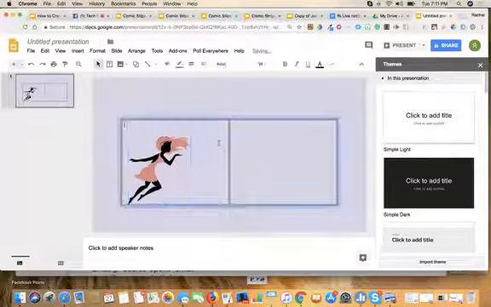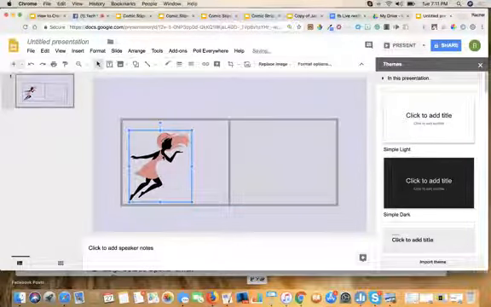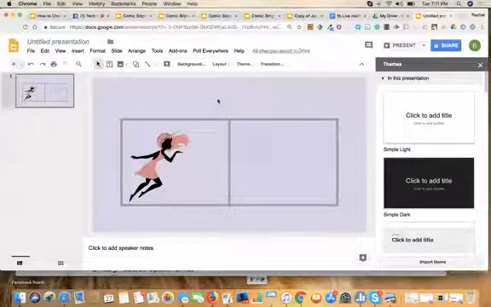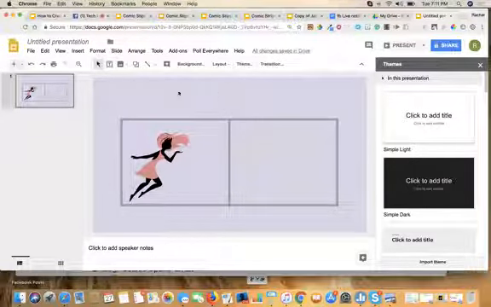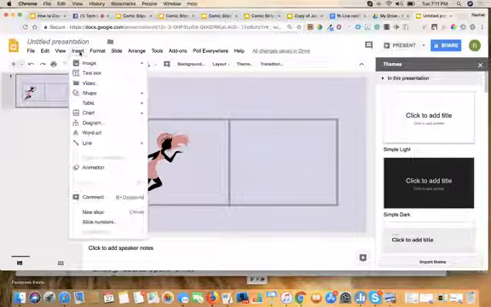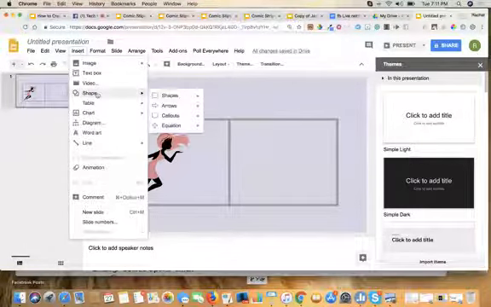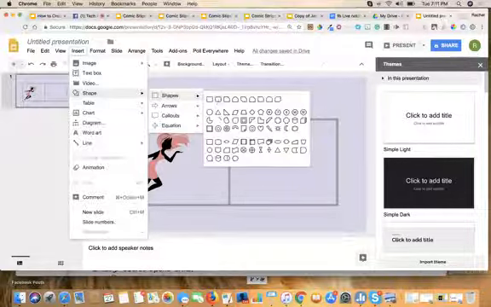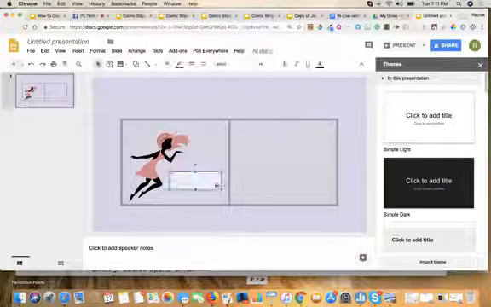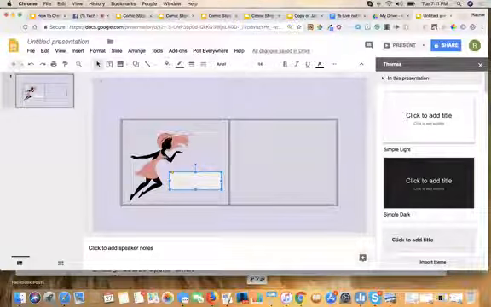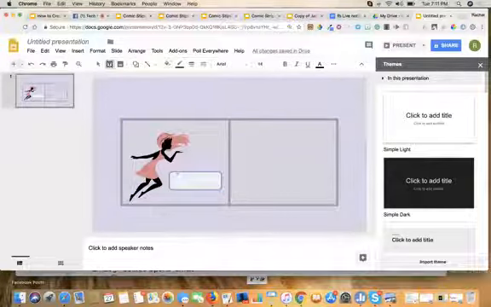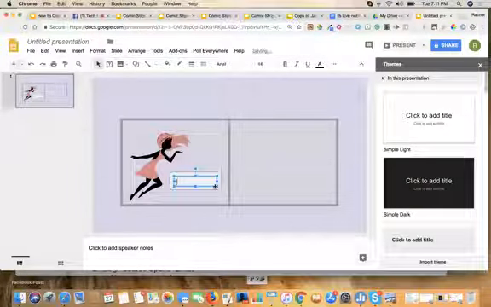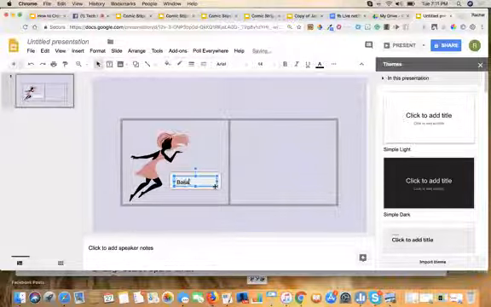All right. And let's say I want them to practice their vocabulary. Maybe we're doing verbs and action words, and I want them to practice the verb bailar and labeling. So what you do is you come in here and you click Insert, and I'm going to go to Shape, and I'm going to pick this little one right here and drag it. And I'm going to go back to Insert, and I'm going to do a text box. I'm going to come over here, drag it, and I'm going to type in my word, my verb, bailar,